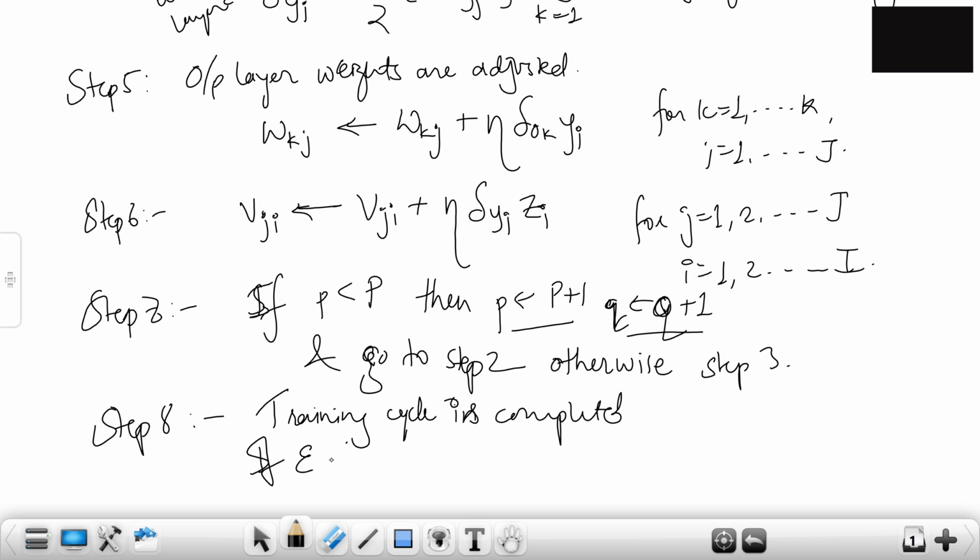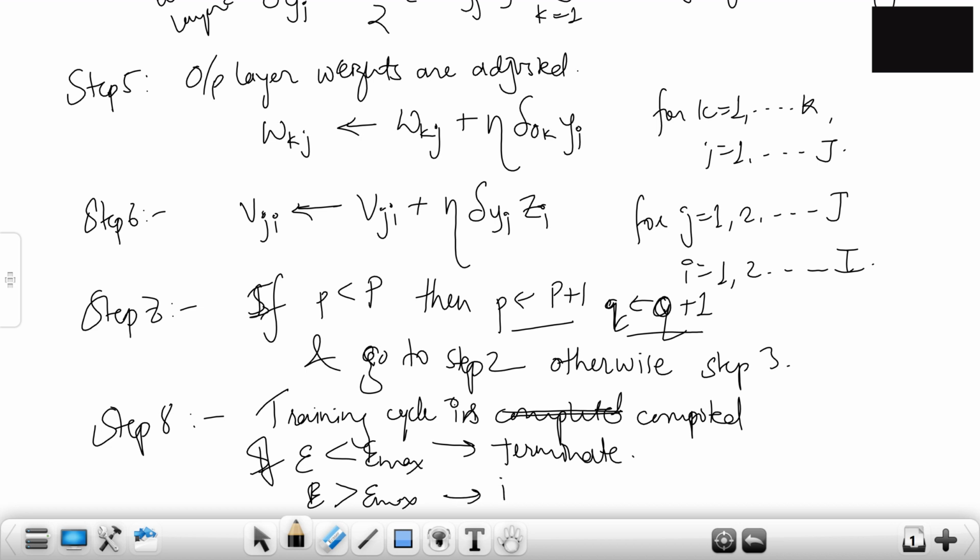If error is less than error max, terminate. If error is still greater than error max, then initiate a new training cycle. Okay, now this is the whole thing.